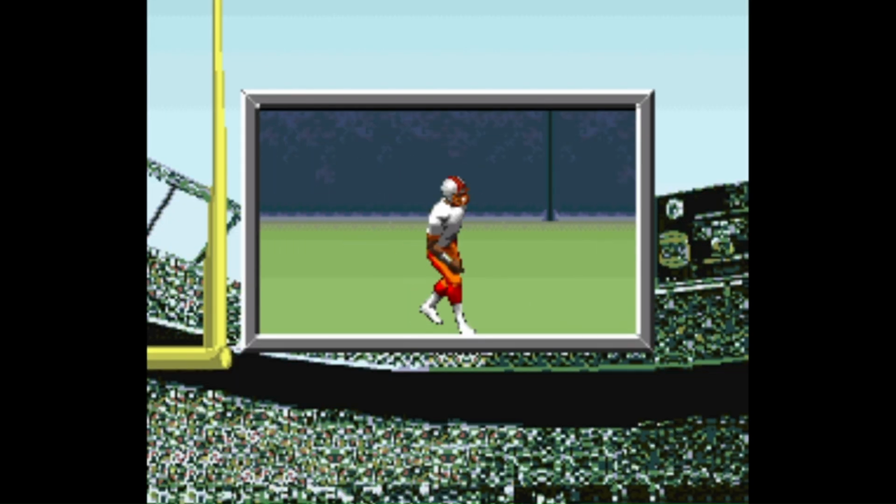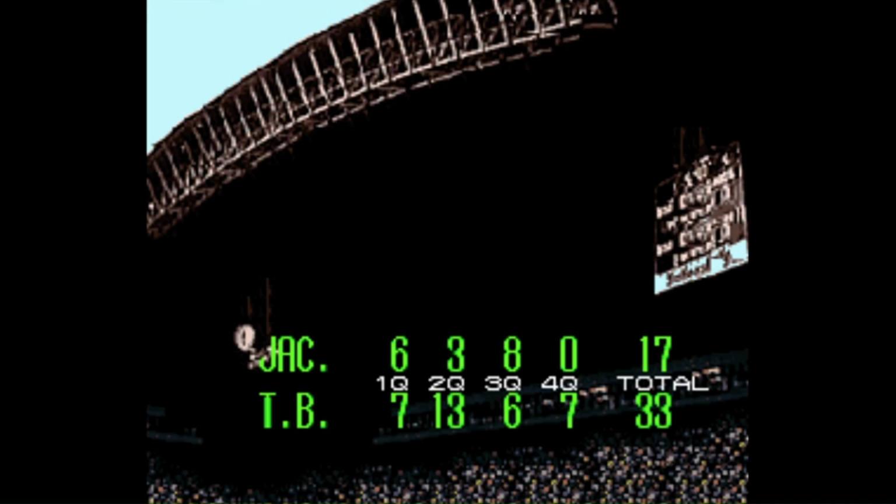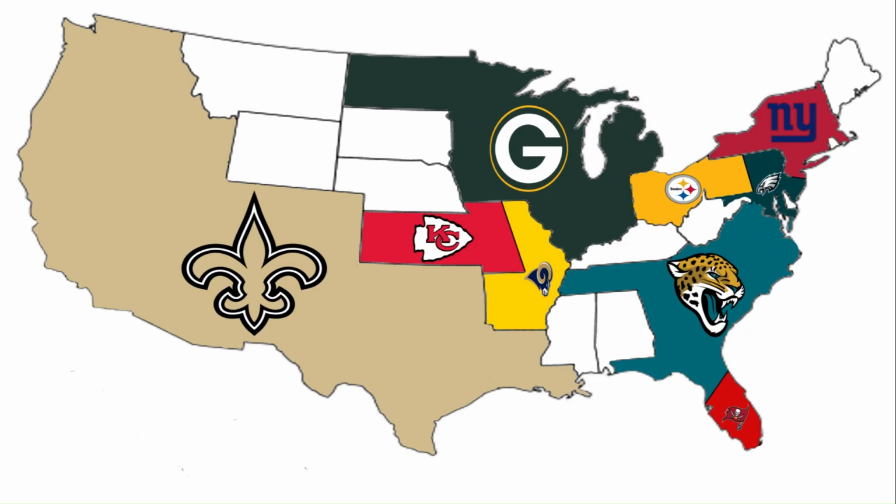That will give the Buccaneers a 20-9 halftime lead. They kept Jacksonville at arm's length the rest of the way, kick a couple more field goals while they were at it. 33-17 is our final score. The Buccaneers' path toward an Imperialism repeat championship now lays before them. They will take over Jacksonville's territory, and we're down to 8 teams.